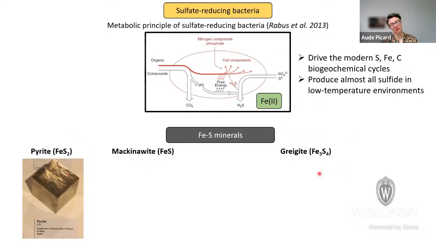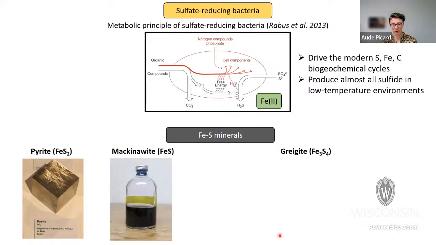What I'm interested in here mostly are what we call the metastable iron sulfide minerals, mackinawite, FeS, and greigite, Fe3S4. Mackinawite doesn't have those nice crystal forms and growth. So what I'm going to show you here as an example of mackinawite is basically what floats in my cultures of sulfate reducers grown with iron.